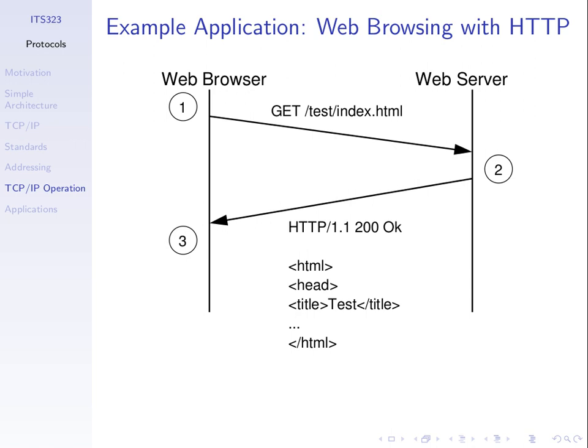The web browser creates some request to send to the server. And the structure of that request, it's a string. It contains many things, but the main thing we care about is it contains some string saying GET and the file name we request. I did GET test/index.html. What did I do? If this is my web browser,